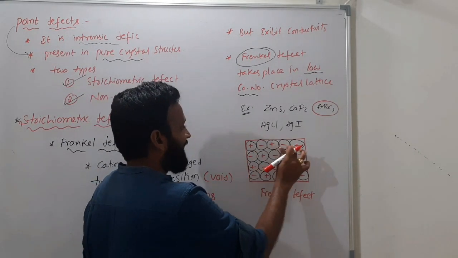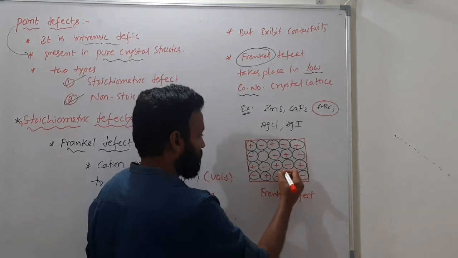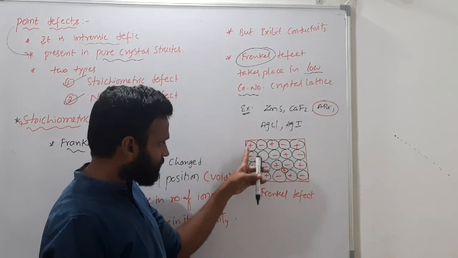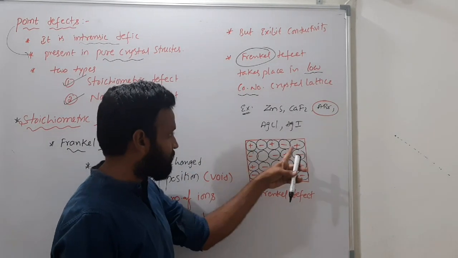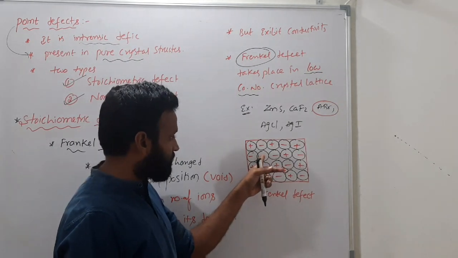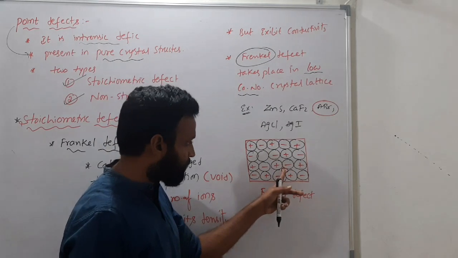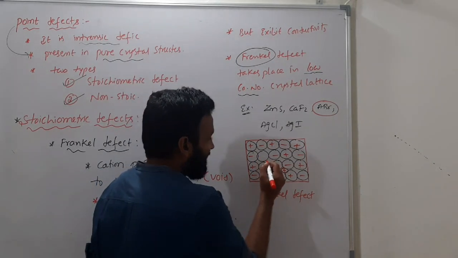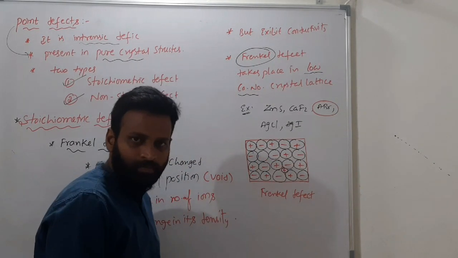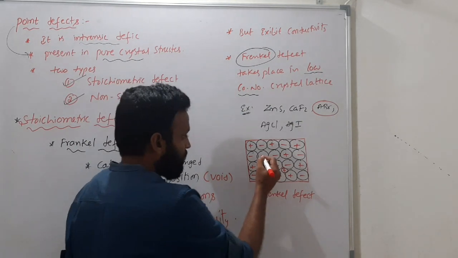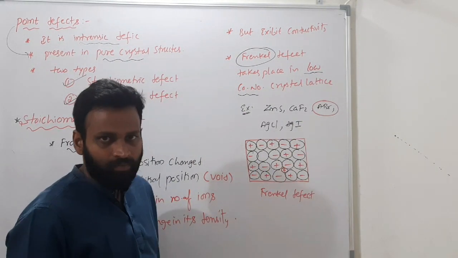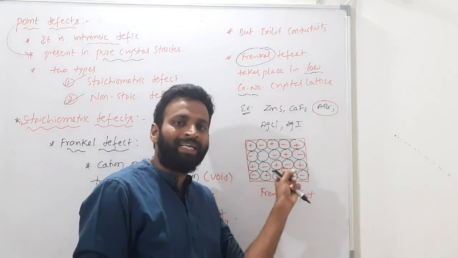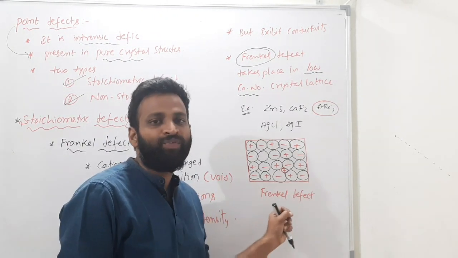Now one of the cations, from somewhere, was occupying a position with a positive charge, and it moved from here to here. So what happened? The position changed. Like the students: here a student actually has to sit, but that student changed his position to an interstitial position. So the cation position changed, from its original position to an interstitial position. This change in position of the cation from original to interstitial position causes Frenkel defect.